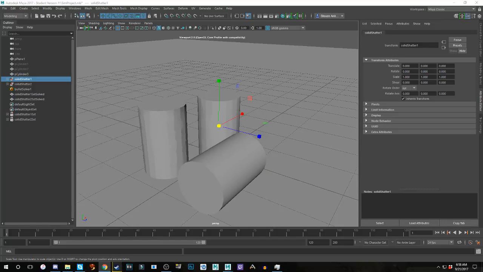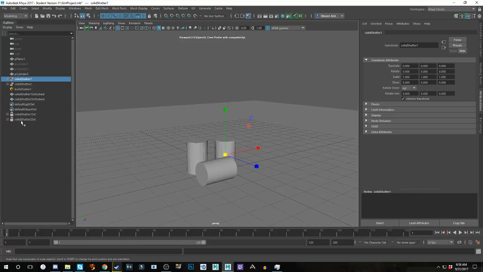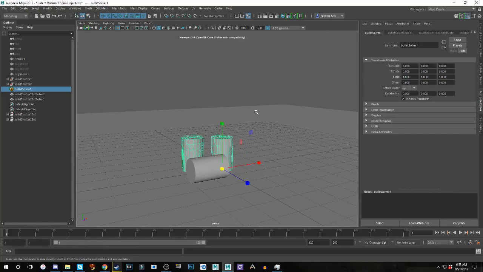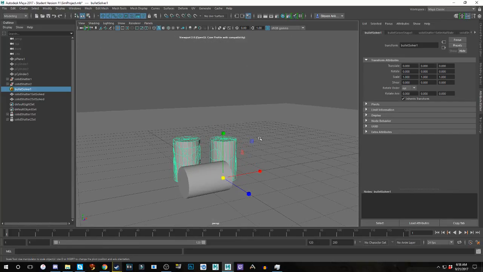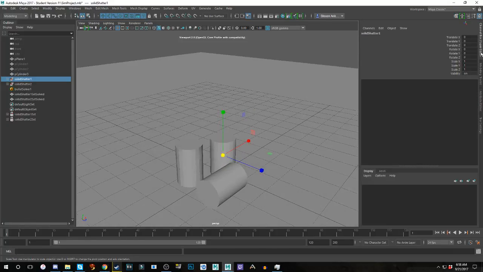Click on save, and that will give you a real time playback in your timeline. Then I'm going to click on my bullet solver, and this is where we're going to set all the dynamic settings for our shattered pieces. And then here on the top, I'm going to go to the solid shatter 1 set initial state tab, and this is where we're going to change